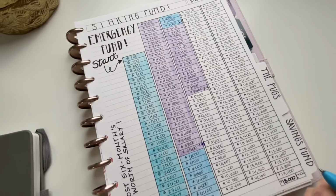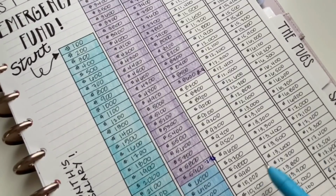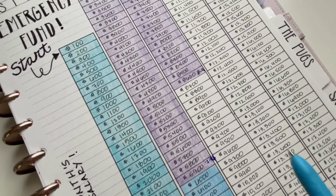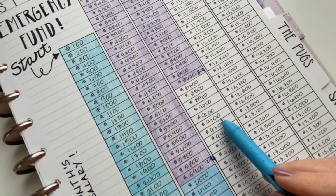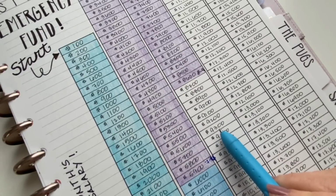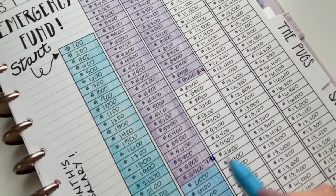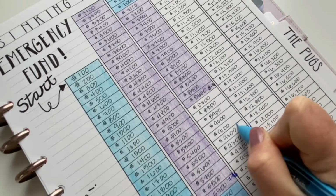So for our emergency funds, we're at $9,270. Now, this poses a little bit, not of a problem, but I can color up to 9,200. I can't color in 9,300 because I only have 9,270. So even though I have $70 toward that goal, I still can't color that block. So I'm gonna write